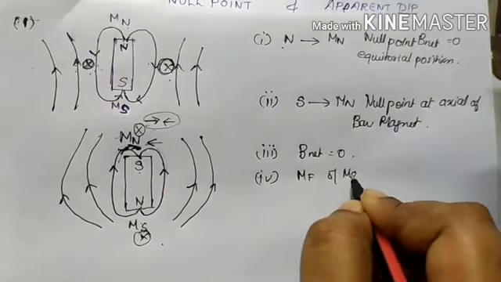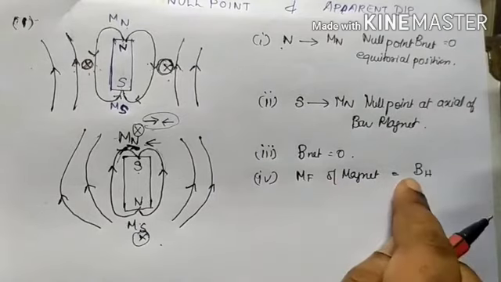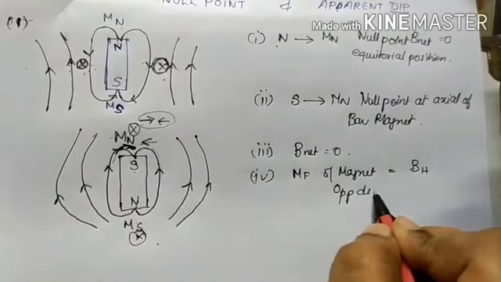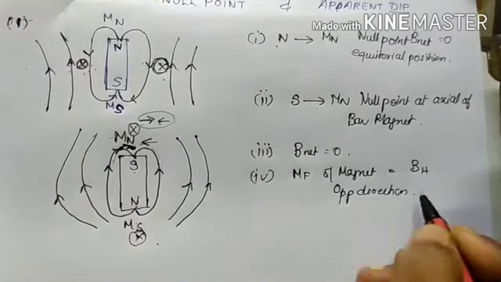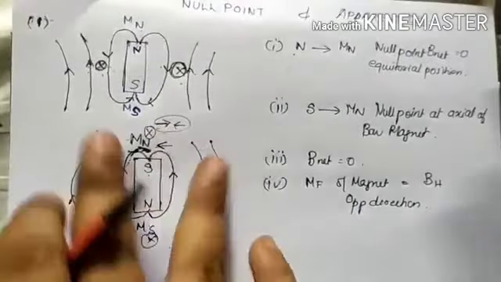And usually it is which component? Horizontal component, because the vertical component is almost the same. So which is changing? The horizontal component. So the magnetic field of the magnet is equal to the horizontal component of the Earth, and it is in the opposite direction. This important point, I hope you understood. This is a very important criterion, guys. If you can learn it by heart as it is, I will be very happy.